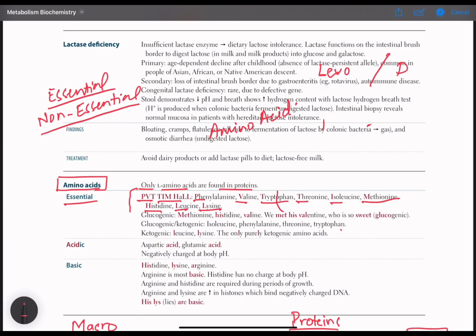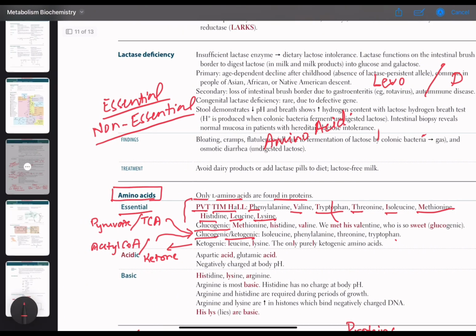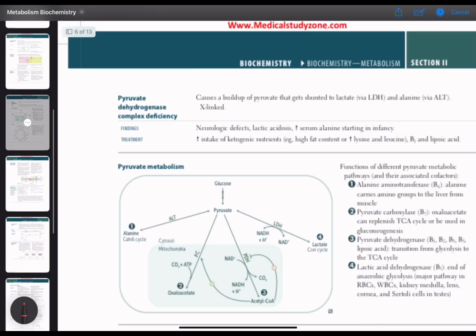Now there are three categories of amino acids depending on the products of metabolism. They can be either glucogenic, which yields pyruvate or TCA cycle intermediates, while ketogenic are those which yield acetyl CoA or ketone bodies, while glucogenic and ketogenic are the mixed type of amino acids which yield both pyruvate or TCA cycle intermediates and acetyl CoA or ketones. I have discussed it in the last lectures, the TCA cycle lectures, but for a brief review over here,